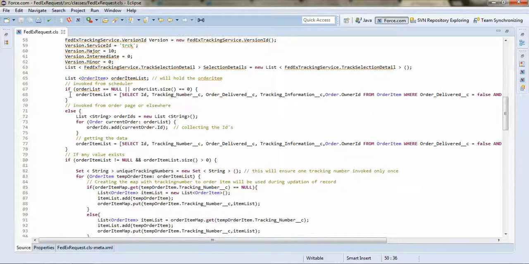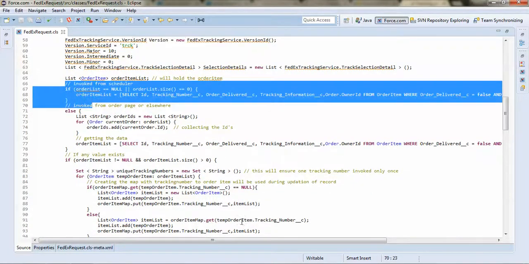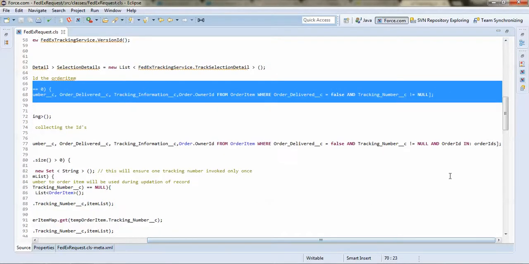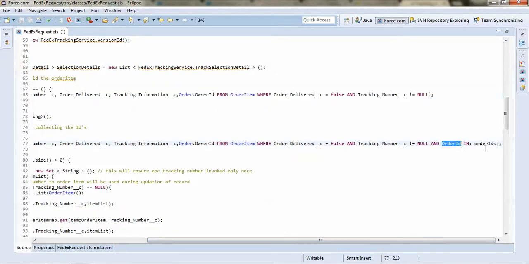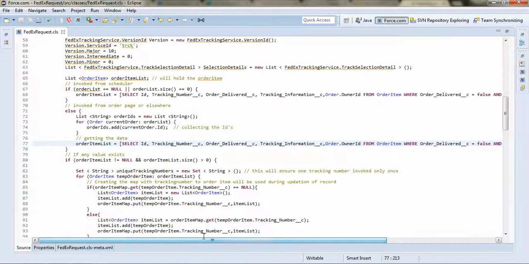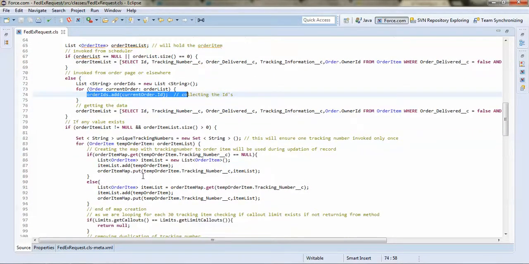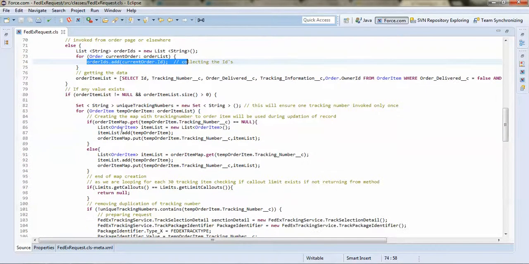When it is invoked from the scheduler, there is no filter on order ID, but when it comes with a predefined order ID, there is an order ID filter. So here I am creating a list of order IDs and then running that SOQL. Once the order IDs are not null, I create a map of tracking number to orders.